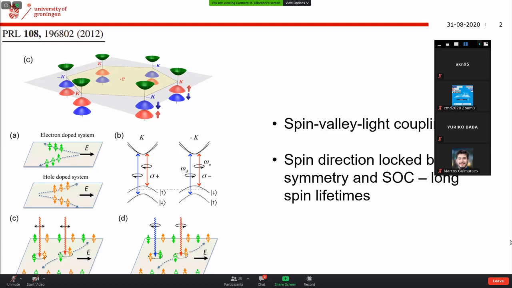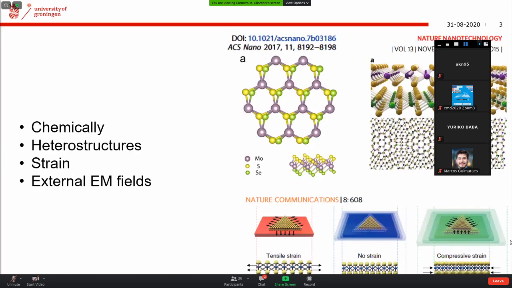Finally, we know that the optical selection rules for exciton creation in these materials is spin polarized, right? So spins of different species talk to light of different polarization. So that also gives us an optical knob to create spin accumulation and spin polarization in these systems. So all of these properties that I just mentioned, and also like Marcos just highlighted, they arise from the particular symmetries of these crystals. And we know that we can manipulate these symmetries